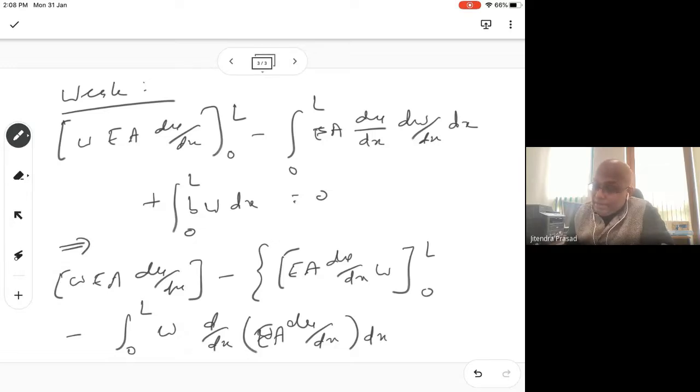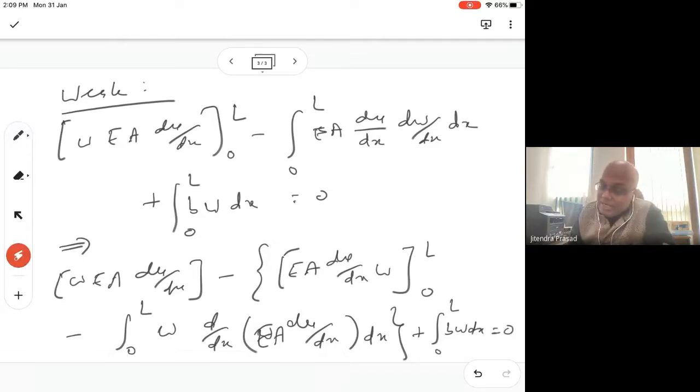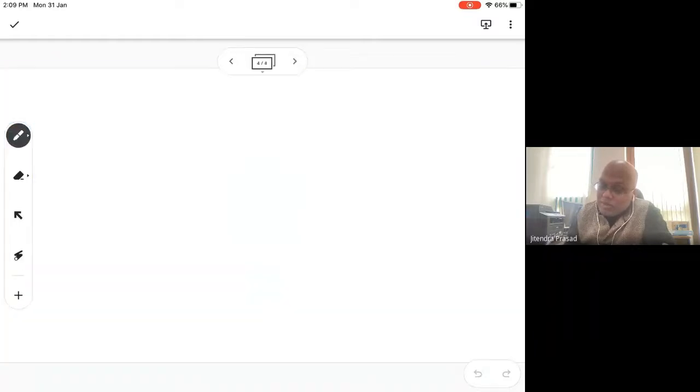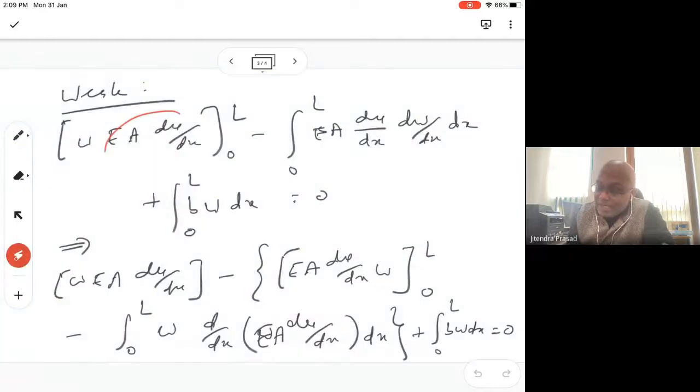Okay, and then we get plus integral 0 to L of bw dx equal to 0. What we did, integration by parts. This one we wrote like this, integration by parts. So finally what we will get, you can see that this and this